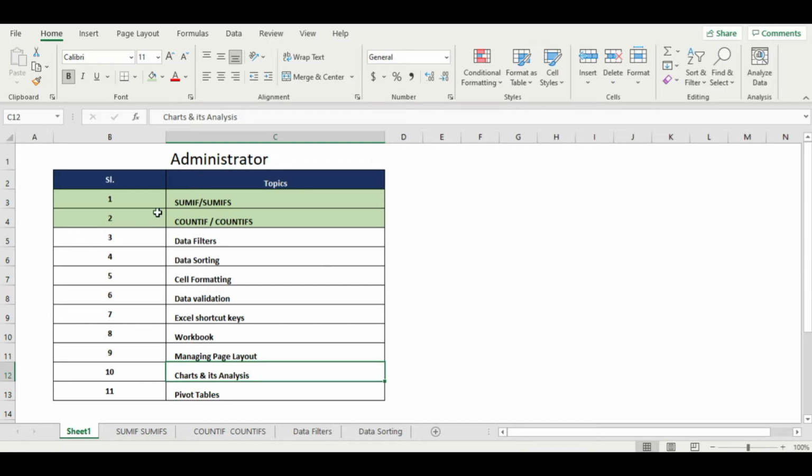So I will be creating a video for each of these topics one by one, so it becomes easier and you can select the video or the training that you need, instead of going through all of them in a single video trying to find which timeline each of them is. The Sumif and Countif will be in this video. Going forward with data filters in the next one, I'll try to put data sorting in it. So I'll try to reduce the number of videos, but the gist of it is that you'll have 11 different